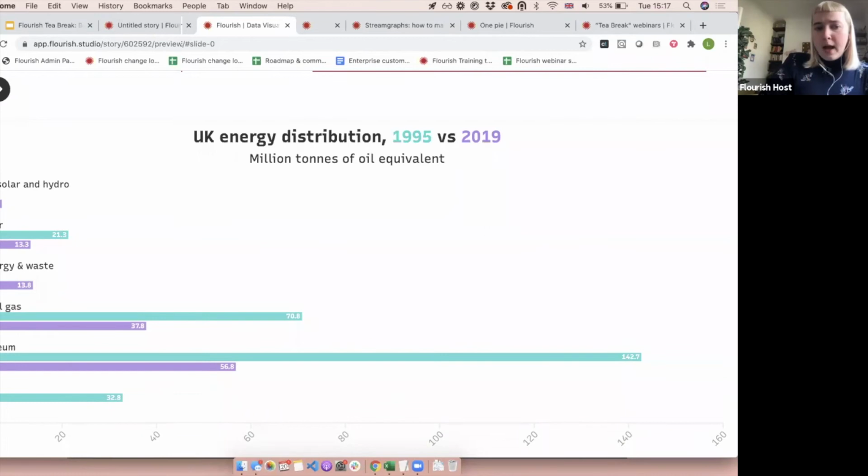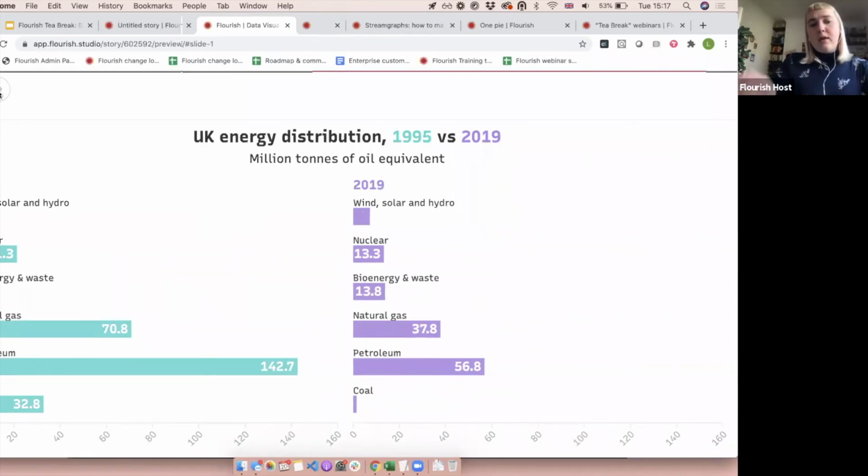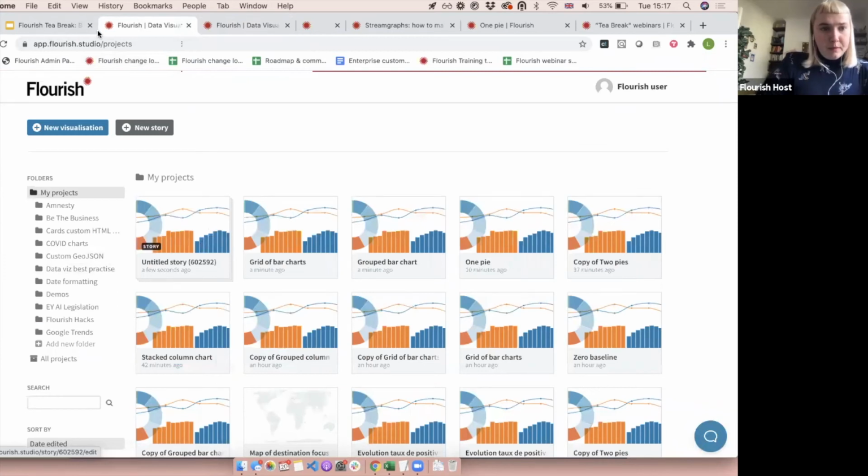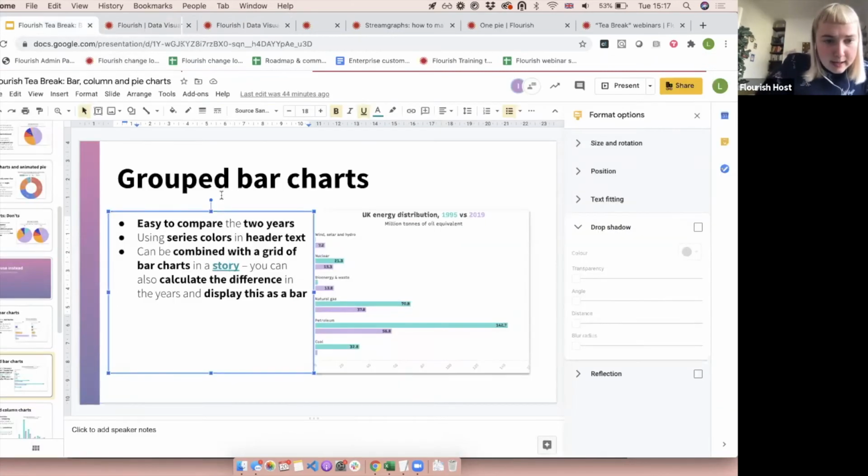I have my first slide, which is showing my grouped bars where I can actually compare the different years, and my second slide where I'm actually breaking them out so I can look at the distribution within those years in more detail if I want to do that. So that's where Flourish stories can really be quite powerful and help you tell your story and show different sides of your story and your data. Going back to my slides,